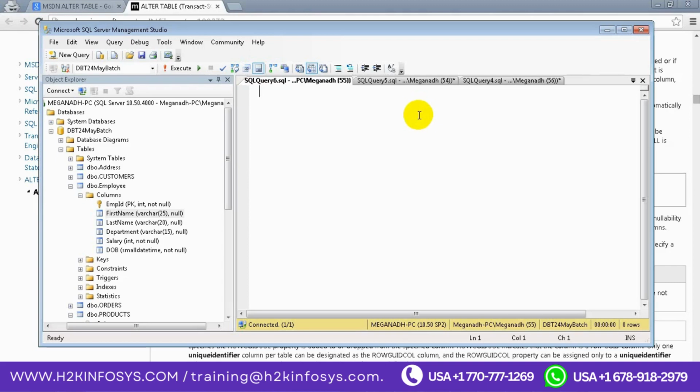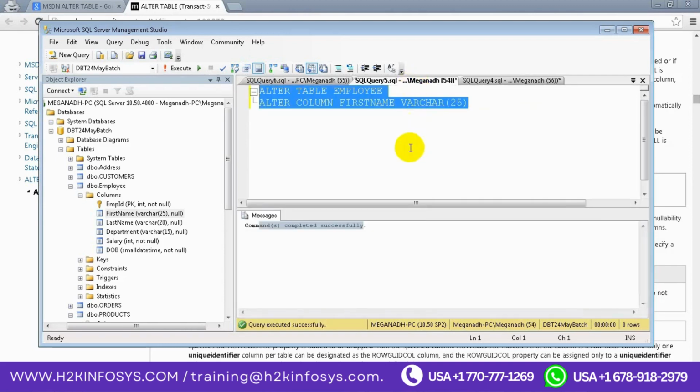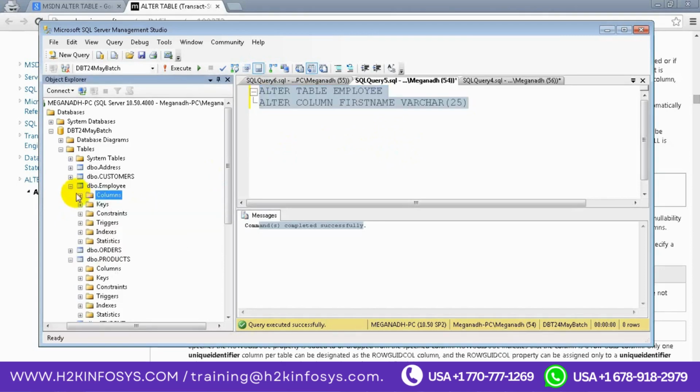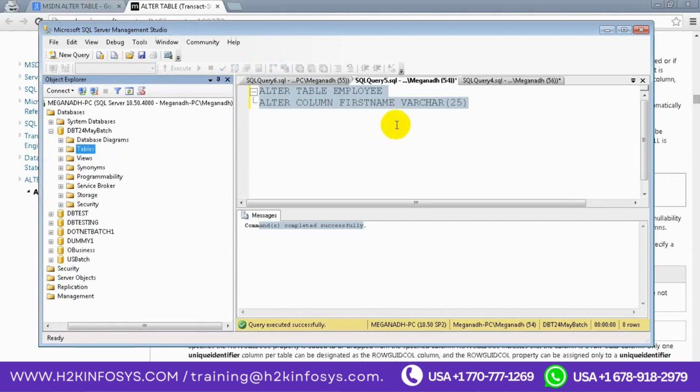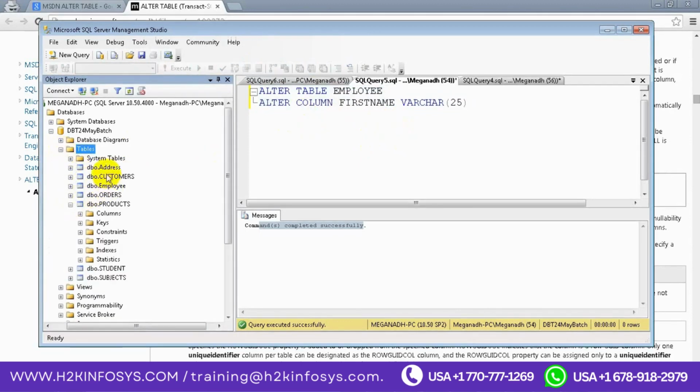Okay, so now, two more things we have. I don't want to add more confusion to this. So we have two more system things which you have to remember. The three things which we already discussed are sys.objects, sys.columns, and sys.types. Now I'll ask a question to all of you. How can I see what are all the columns I have in my table, if I want to see the description, whether I have